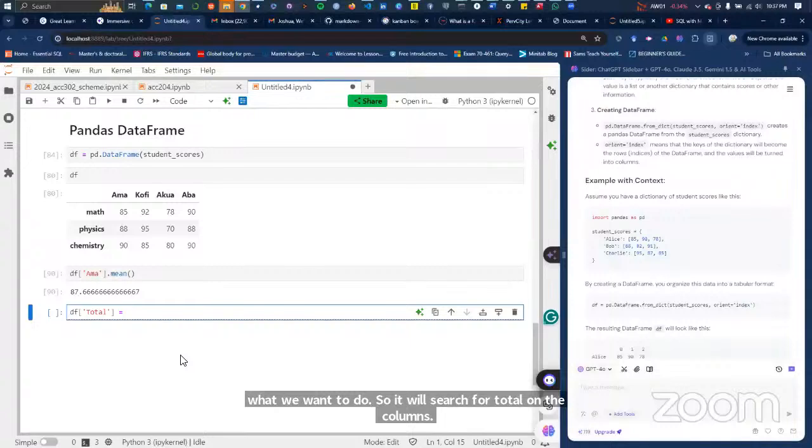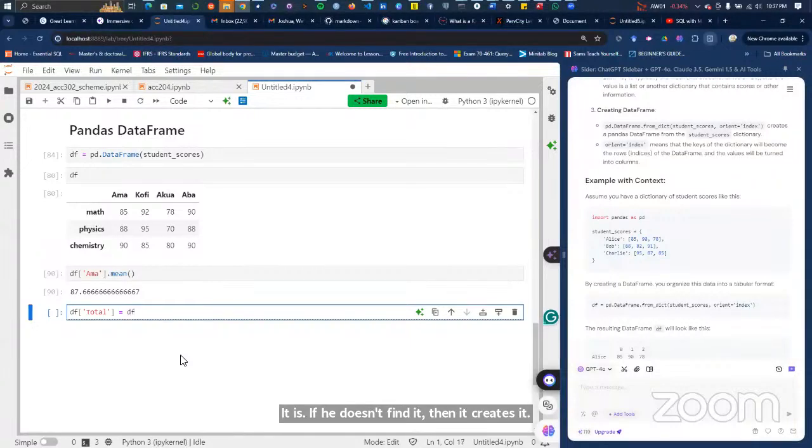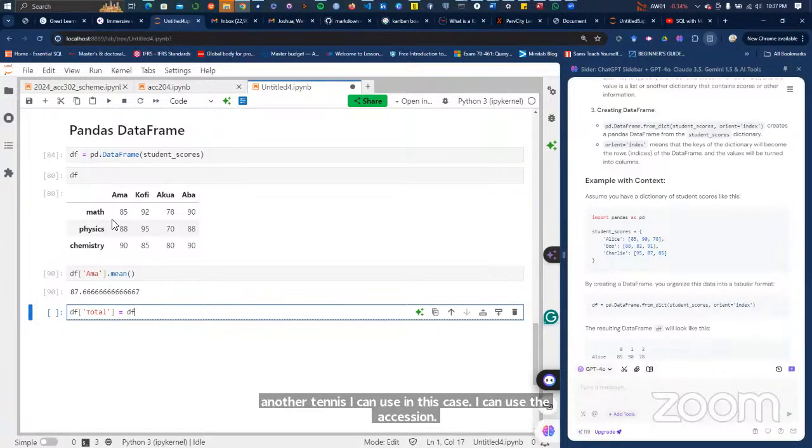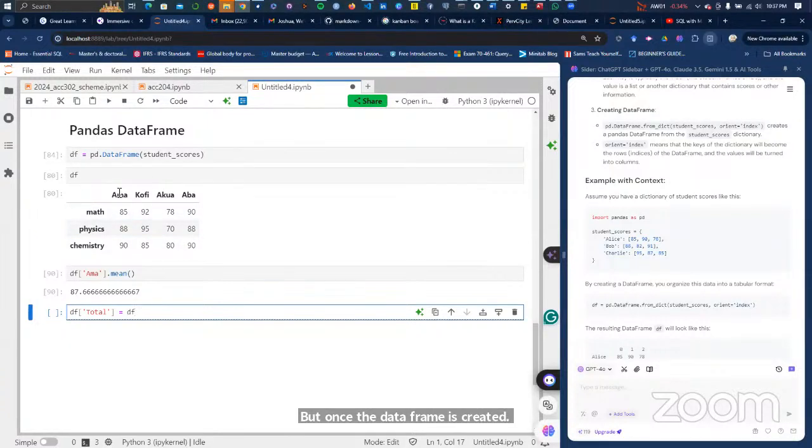Total is equal to df. Another thing is I can use the accessor notation, but once the DataFrame object is created, every column of the DataFrame is an attribute of the DataFrame. So in this case, the column labeled AMA is an attribute of the df table.